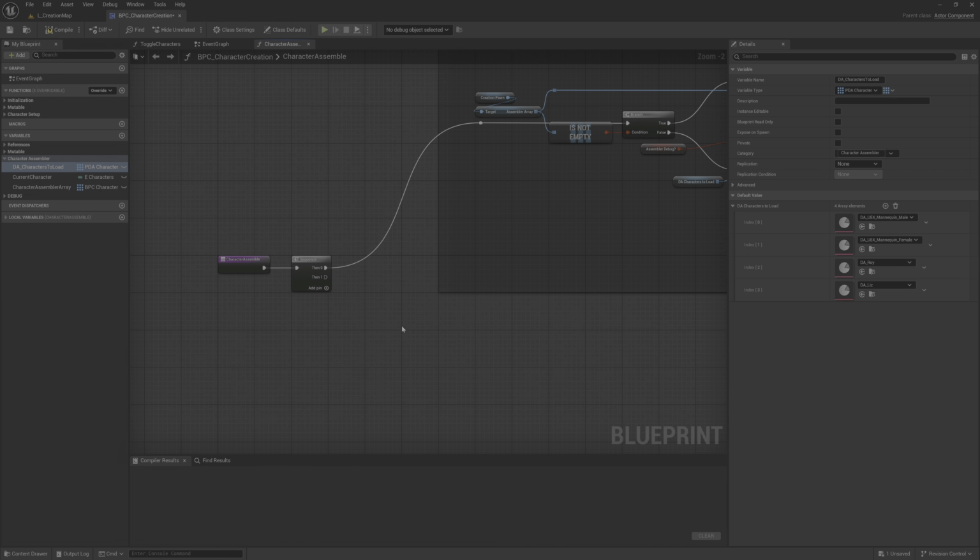Everything is modular, and you have the possibility to lock and unlock stuff inside the system.